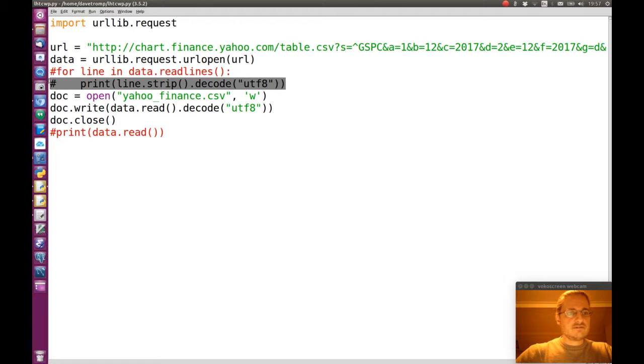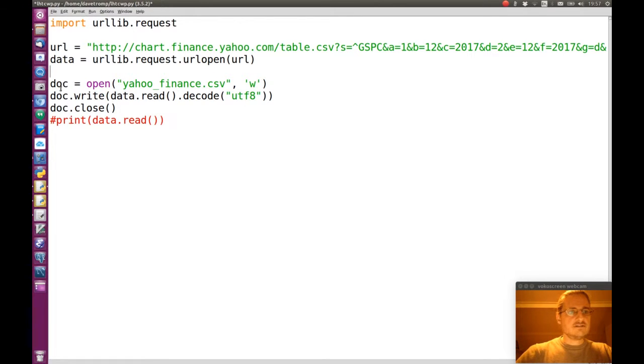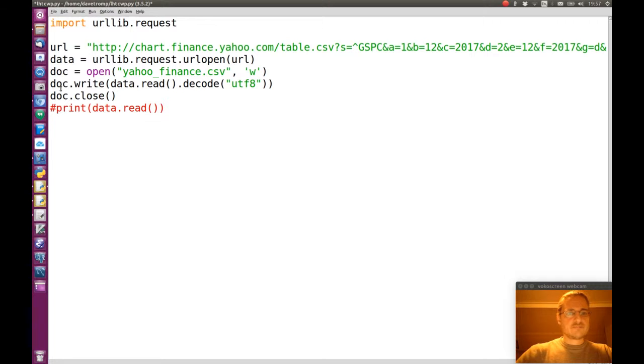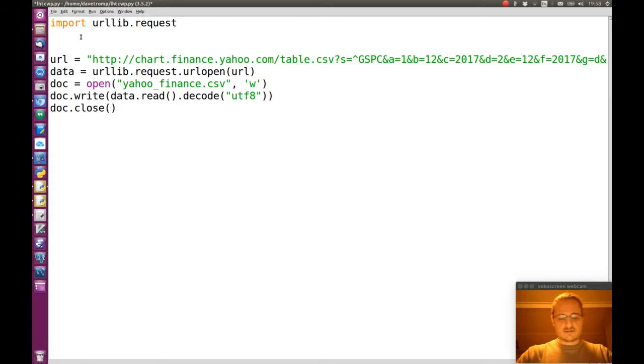Let's first get rid of the code that we don't need, and this function we can use for maybe other symbols. Now we're pulling this symbol, but we could also make a function that we could just give the symbol and then pull the data,